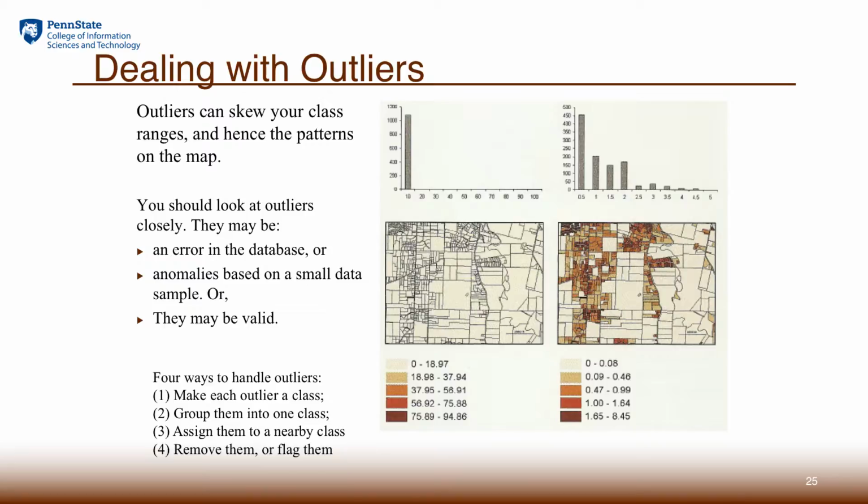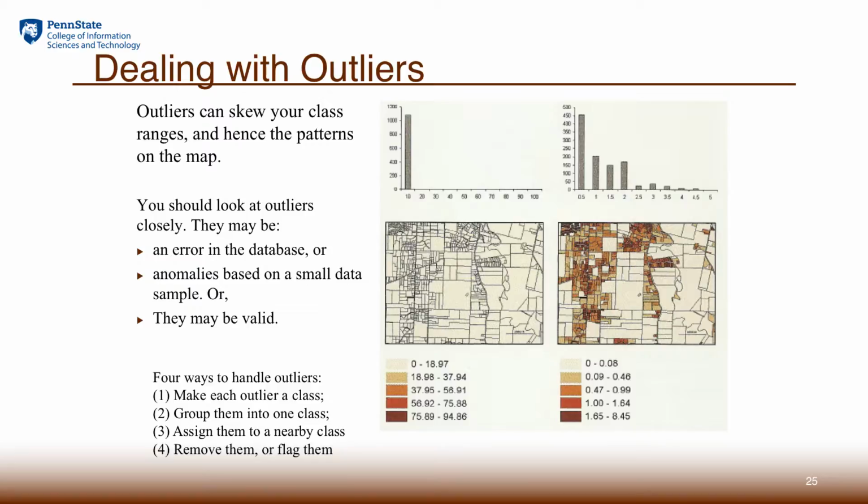For example, in the histogram shown above, most values are located within or below the value of 10, but there's a very few, one or two actually, that have a very high value like 80, 90, or 100. Then what you see is that all the other values form one big bar, and the outliers form the small bars on the other end. This would not show any pattern of the data.